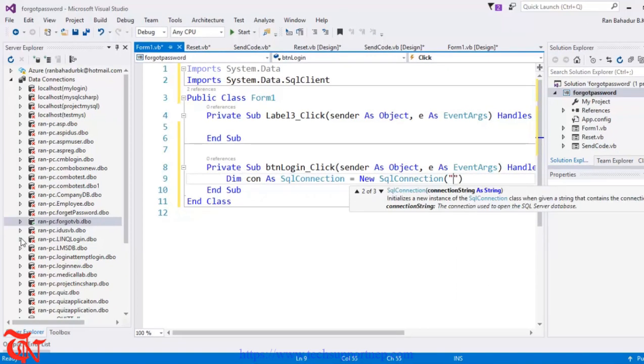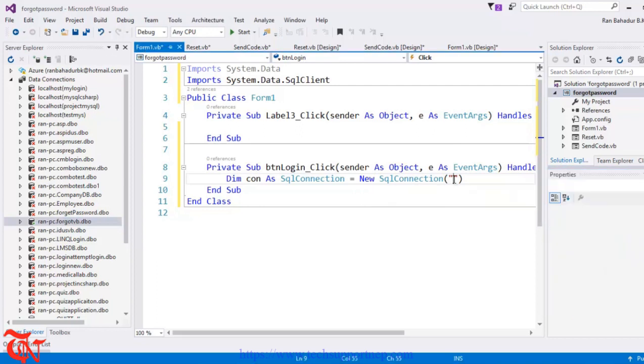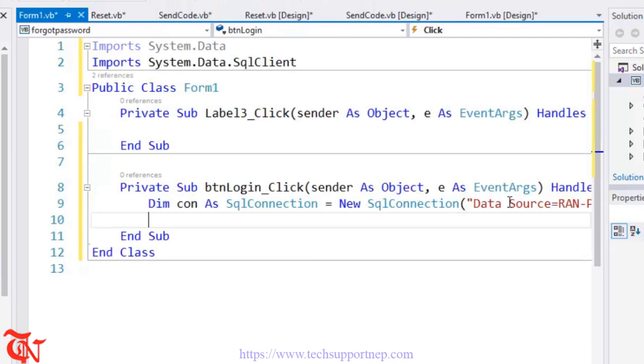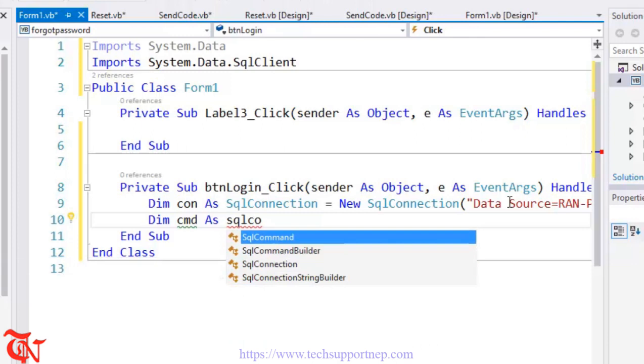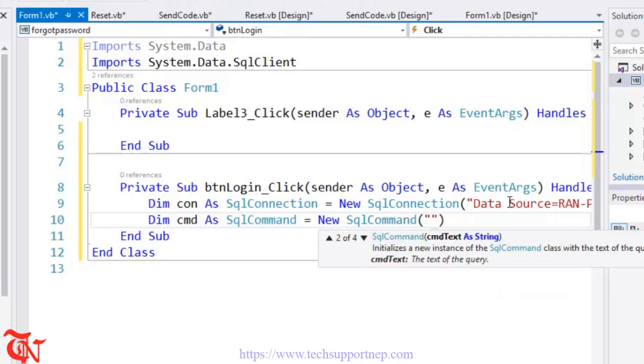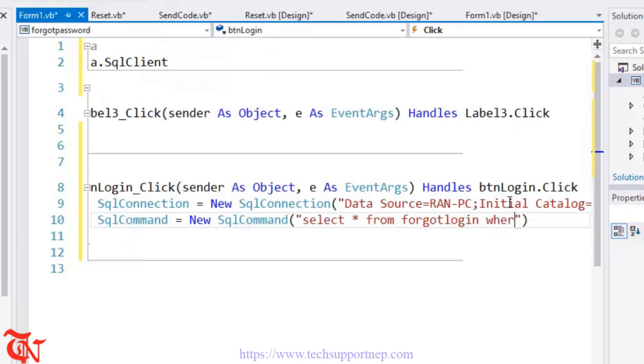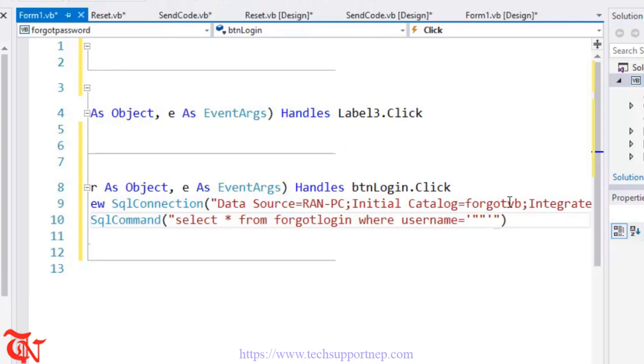Now simply paste that connection string, so copy and then paste. Dim cmd as SqlCommand is equal to New SqlCommand, and here what we need to write is select all from our table name, that is forgotLogin, where